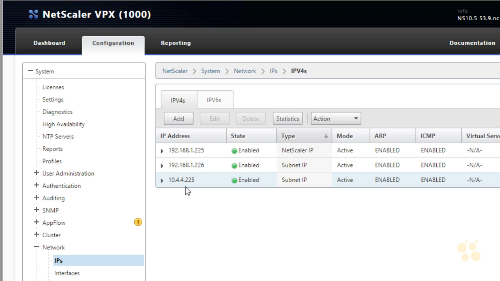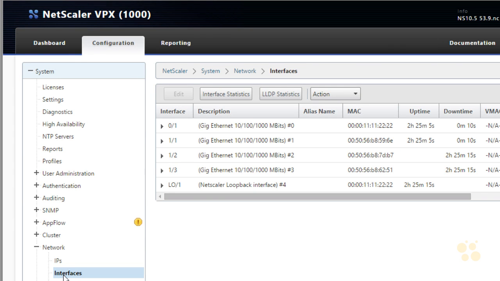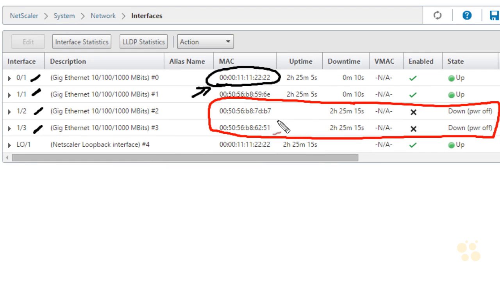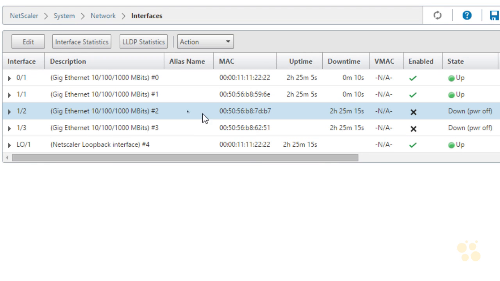Also, since we're right here under NetScaler System Network, let's click on Interfaces. Now, on this NetScaler VPX, I've installed it with 4 interfaces. And that first interface is where my license is linked to, based on that MAC address. Also, at the moment, it indicates that I've got a couple of which are currently down. If I wanted to bring